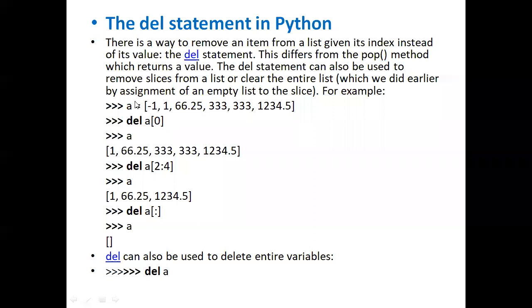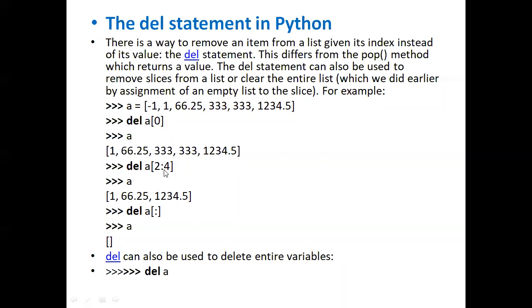So here we are having some examples. Here I defined A as one type of list which contains some values. If I apply del A of 0, it means the 0 element, that is -1, will be deleted. If I apply del A of 2:4, it means slicing, so index value 2 and index value 3 will be deleted.